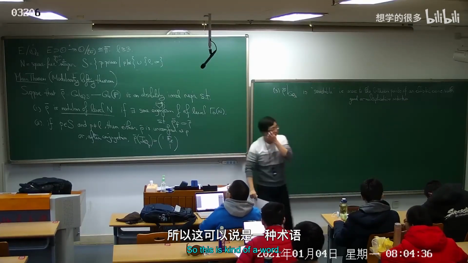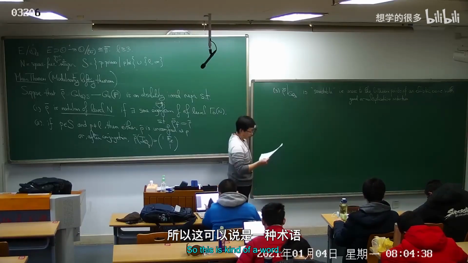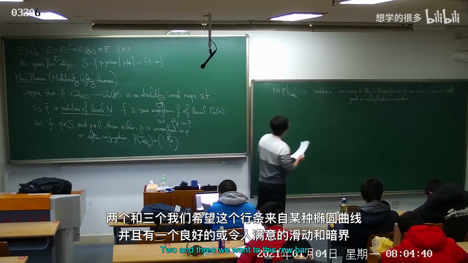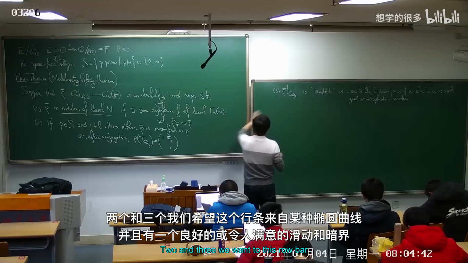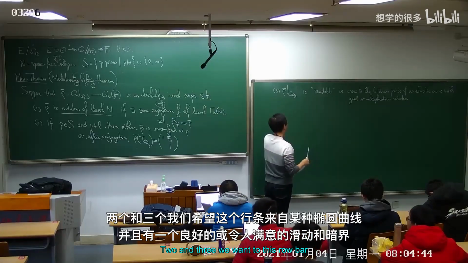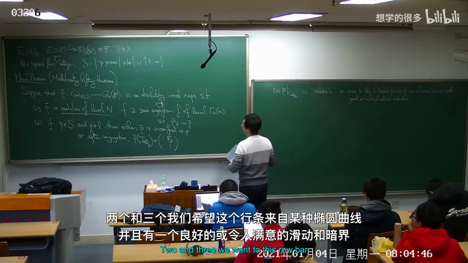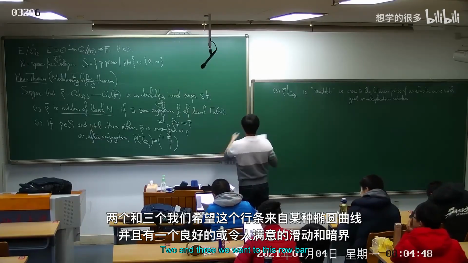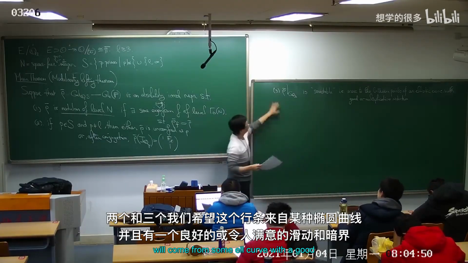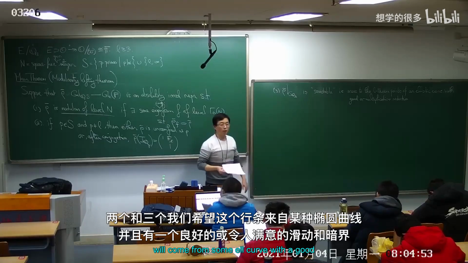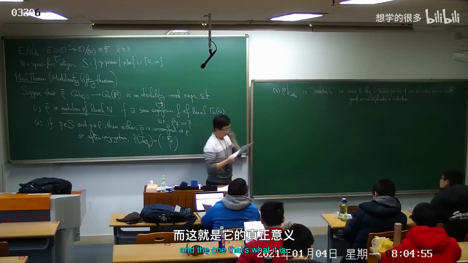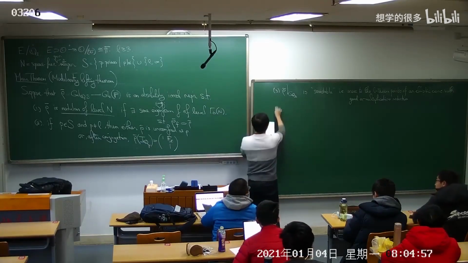So this is kind of a mild way. So basically, 2 and 3 say that in some sense, this rho bar will come from some curve with good or semi-stable reduction everywhere. That's what it is. And 4,